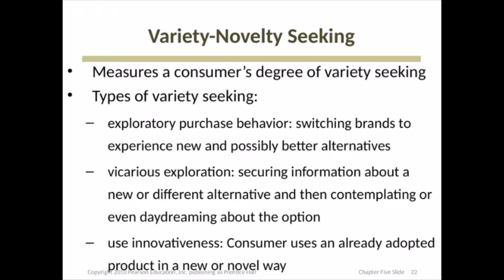There are many different customers variety seeking. يعني ممكن مثلا هتلاقي consumer switching from a brand to another brand to experience new alternatives. ده اللي احنا بنسميه exploratory purchase behavior. عندي كمان الvicarious exploration. ده اللي هو securing information about new or different alternatives and then contemplating or even daydreaming about this option. Okay,